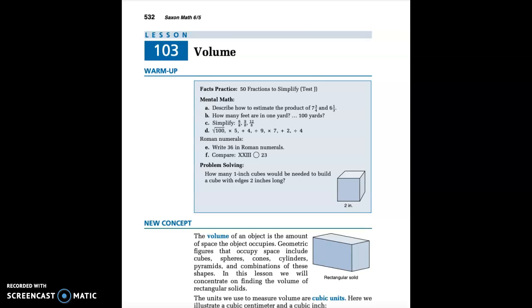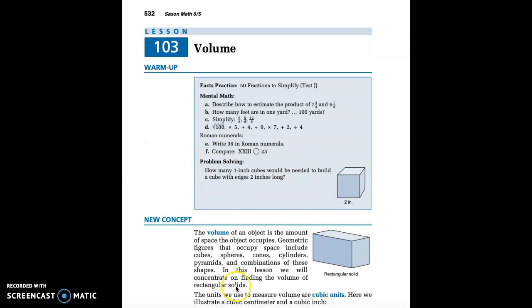So today's lesson is going to be pretty darn easy, so let's go ahead and get it started. Hopefully by now you've done your mental math warm-up, your facts practice, and you're ready to rock and roll. Okay, so all we're going to talk about today is volume. Make sure that you do this problem-solving question because really that's like a precursor to what we're going to talk